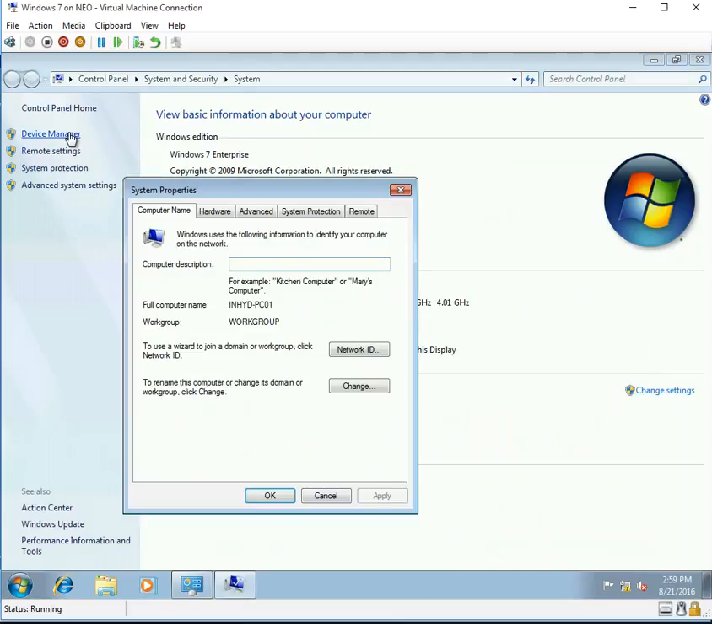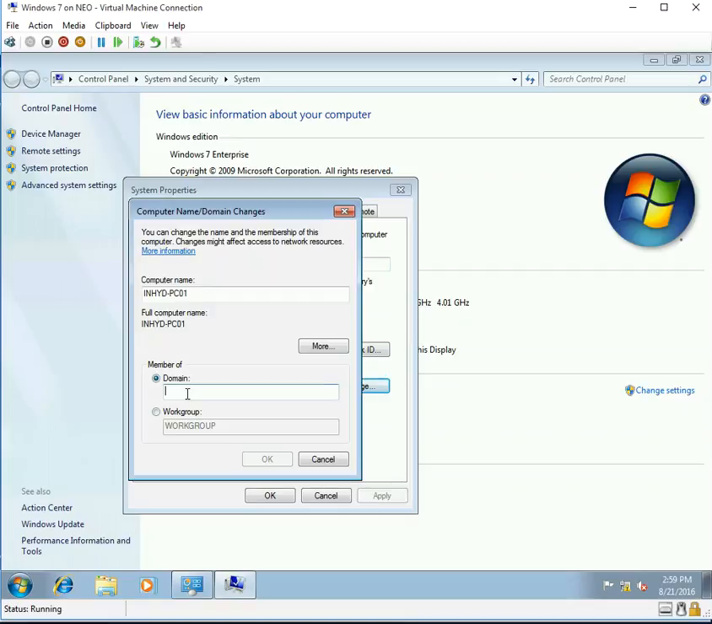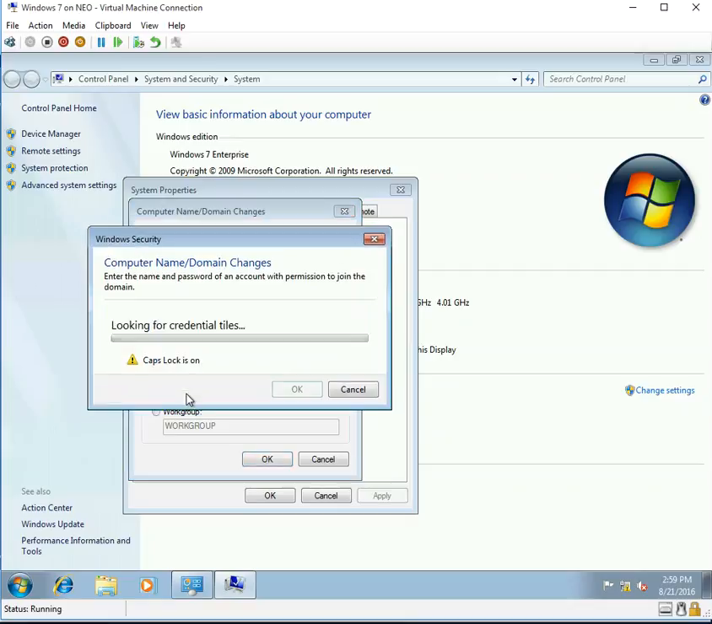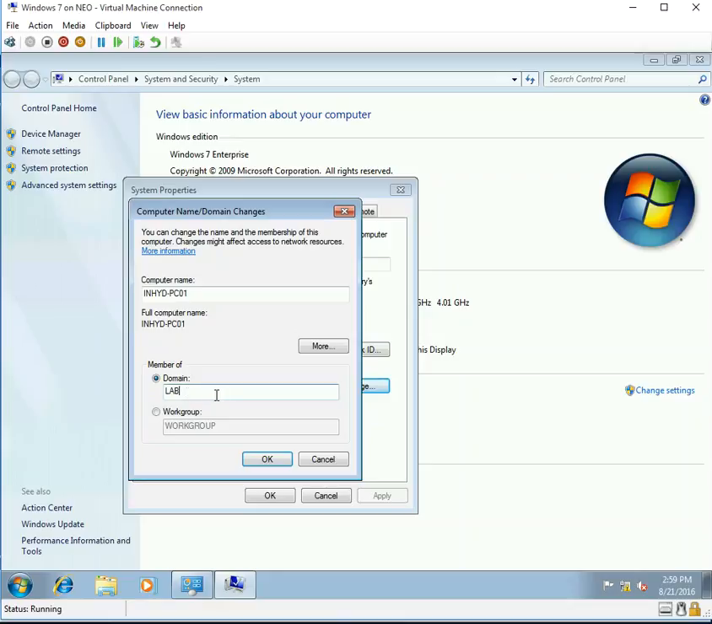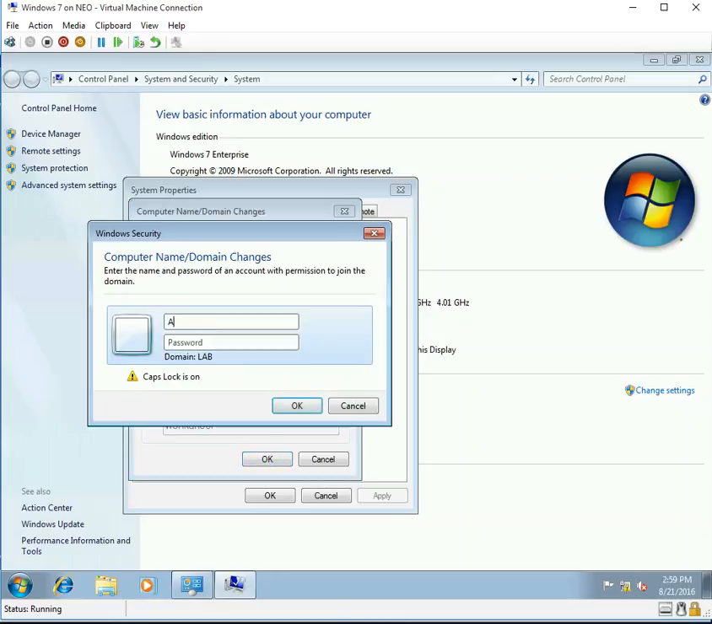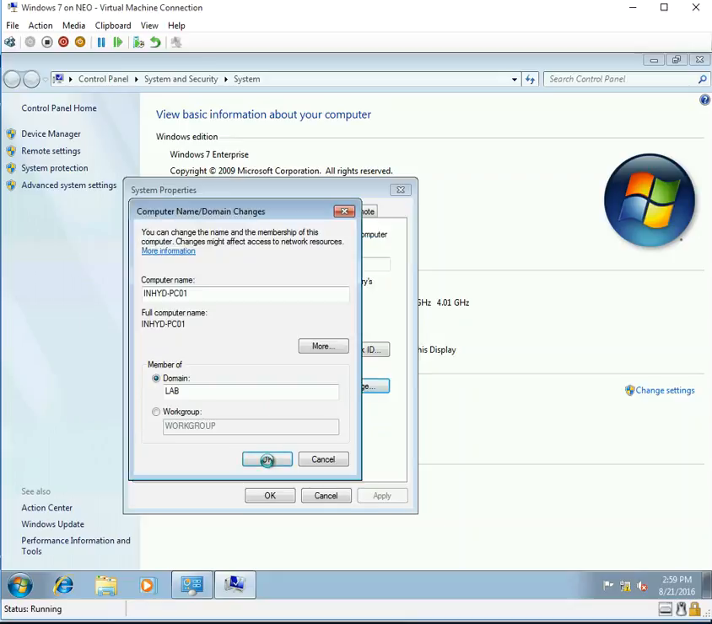So go to my computer properties, then change computer name, and give it as lab. It doesn't require the entire name because we have already configured the DNS suffix as lab.com, so it doesn't require you to give lab.com here. So just give lab, click OK, and type your super secret password,